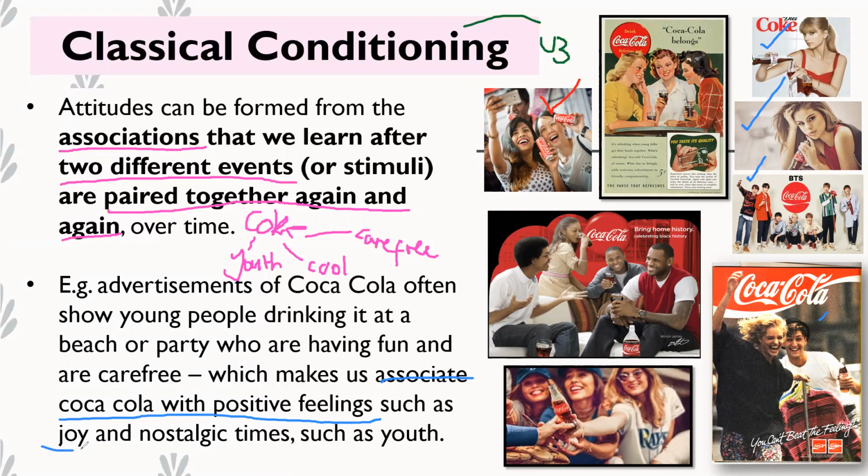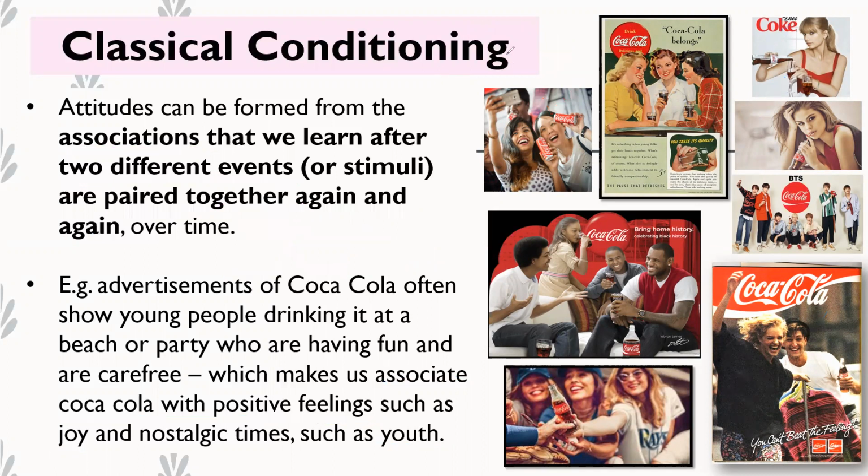such as joy. We associate Coca-Cola with nostalgia, with good times, like being young, or the youth stage of the lifespan. So essentially, that's what classical conditioning is: making an association between one product or one event and another particular stimulus. Other examples could be that whenever you see activewear advertised,